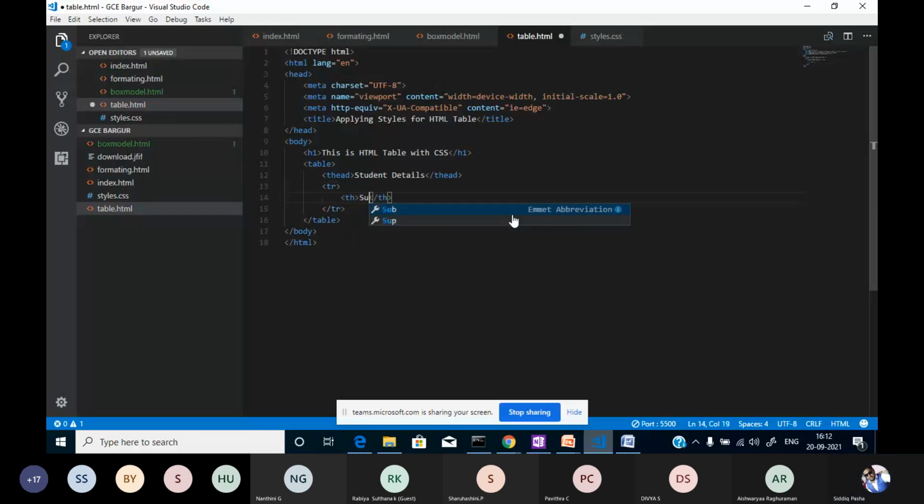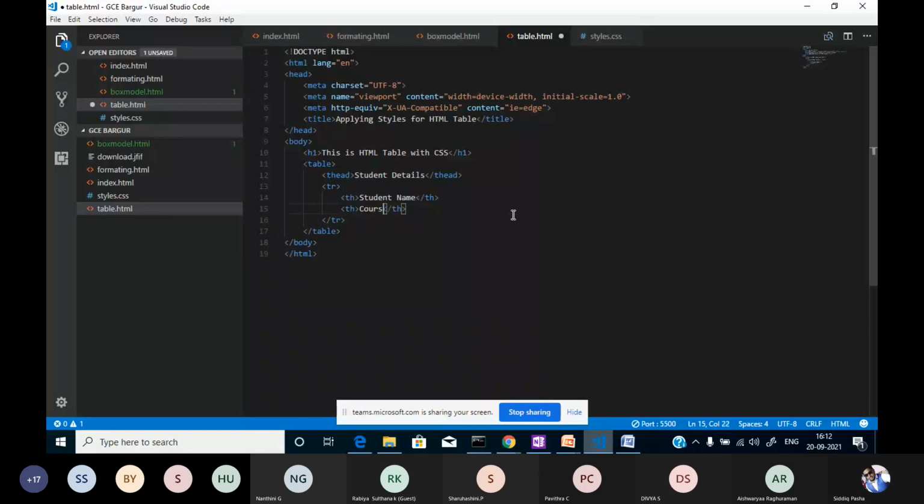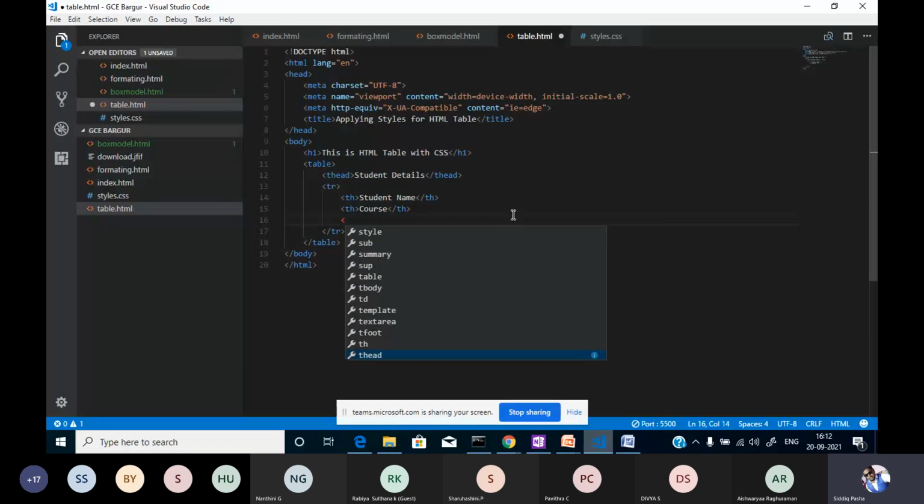The first column is student name, and the second column I'm adding over here is course. Let it be the course. College I'm adding over here. Let it be, it's enough. We have totally 3 columns.